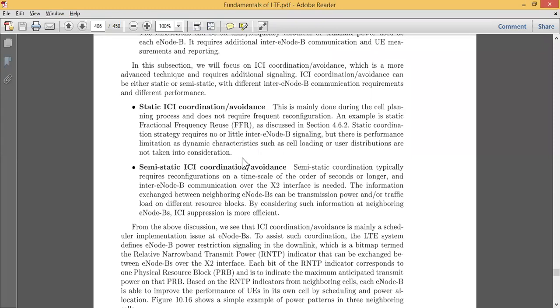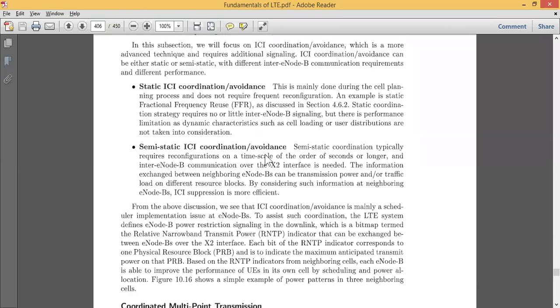Similarly, when you come to semi-static coordination, it typically requires reconfiguration. For example, if I have used my device by configuring it at some time interval t, then if somebody wants to utilize that particular device, he needs to reconfigure again. One more configuration is required. So it is based on the time scale. At time t1 somebody will use and reconfigure, at time t2, already it is reconfigured, but still he has to reconfigure, again and again. It is based on the order of seconds,